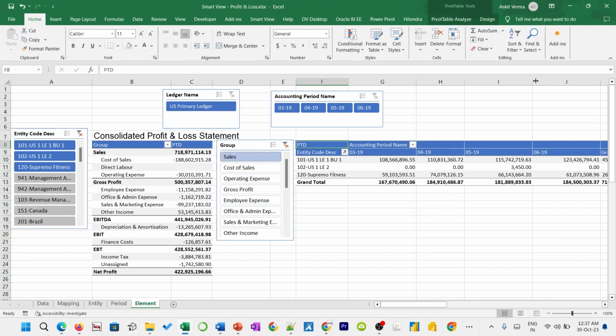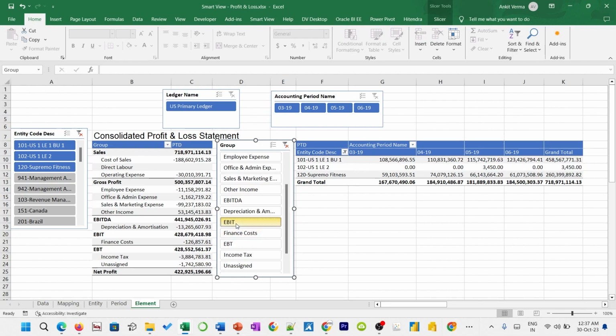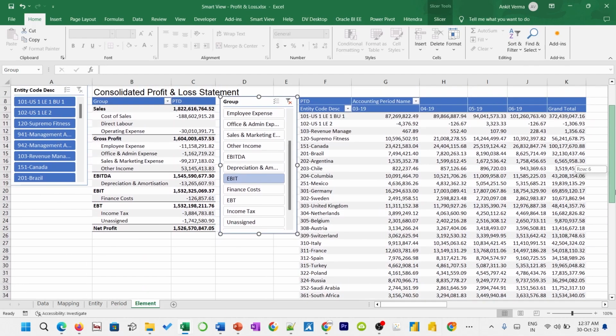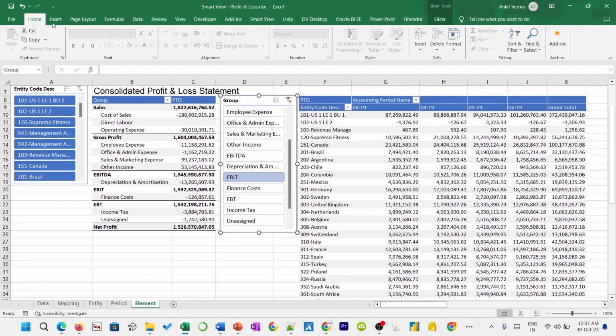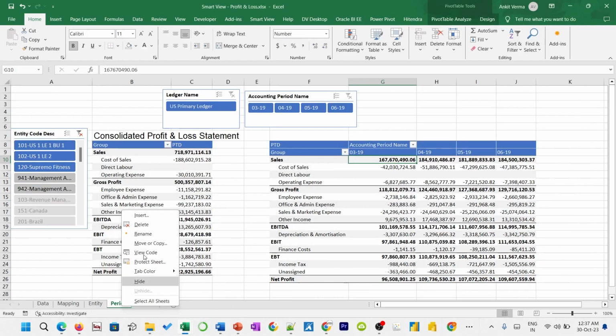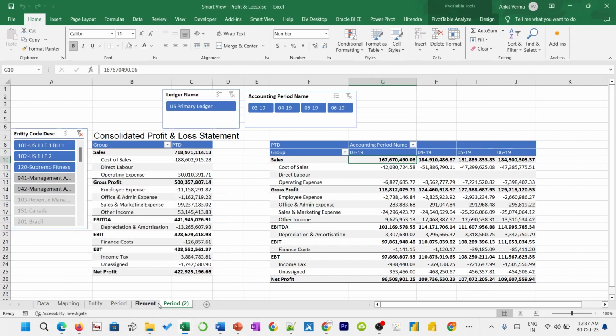Fixed sales is the biggest number, 718 million, and for the breakup, you can see any of the elements for all entities. A comparative view for all the 4 months is available. And lastly, that we discussed, you would like to see this by account grouping. Again, make a copy, not from this, but from this sheet. Move to the end, create a copy,